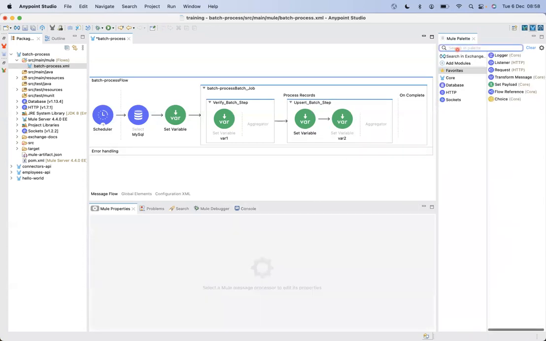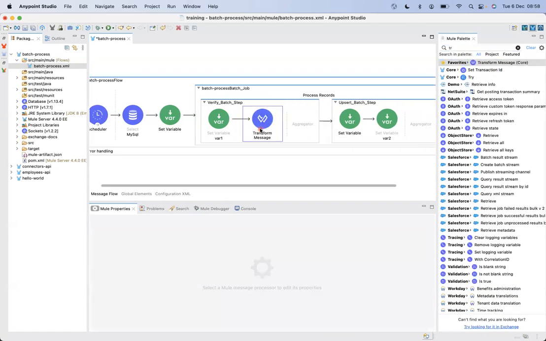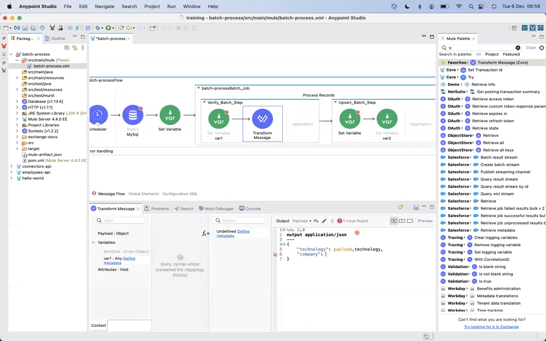And now within the verify batch step, I am going to consider and transform the records. technology: payload dot technology, company: payload dot company. We will check what was the source information, whether it was company or provider. Based on that, we can again update the record. And the other one,